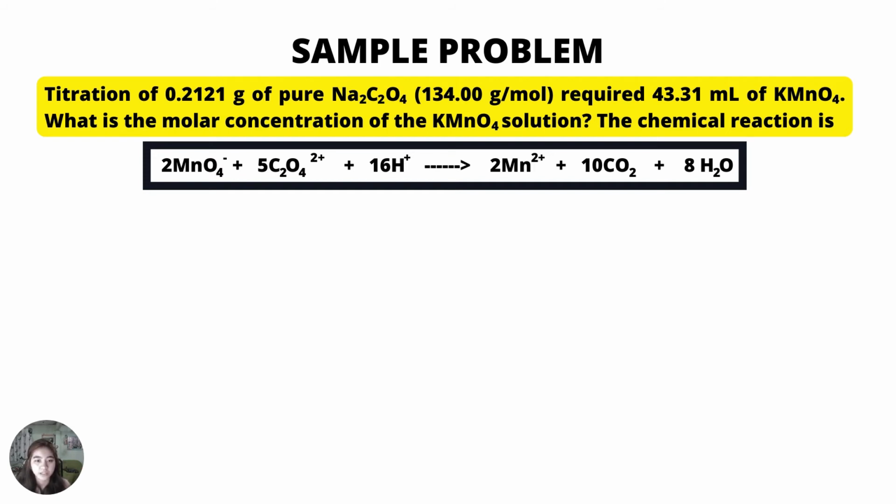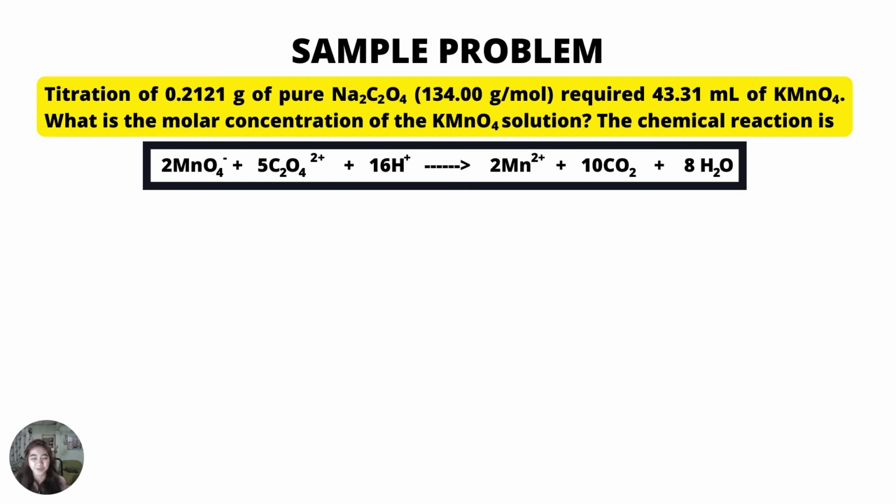What is the molar concentration of the potassium permanganate solution? The chemical reaction is 2MnO4⁻ + 5C2O4²⁻ + 16H⁺ →